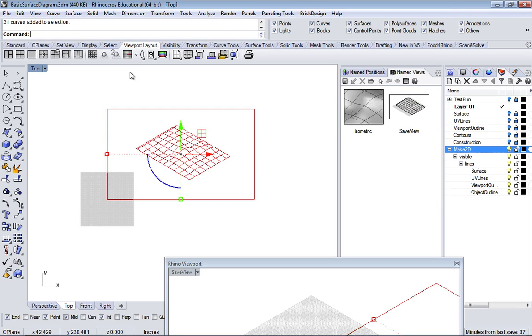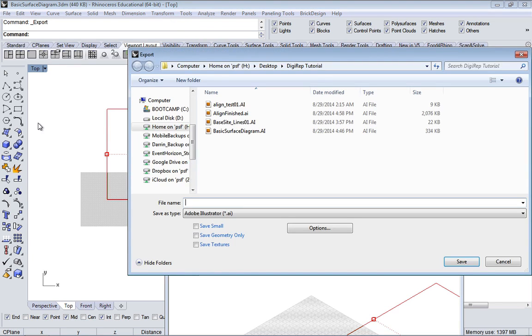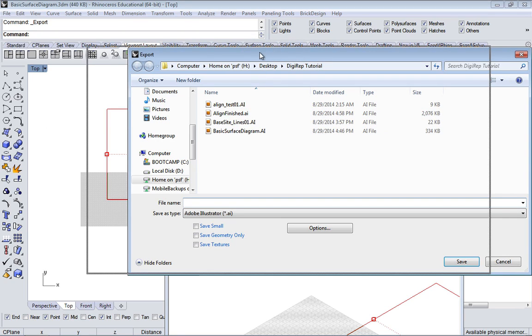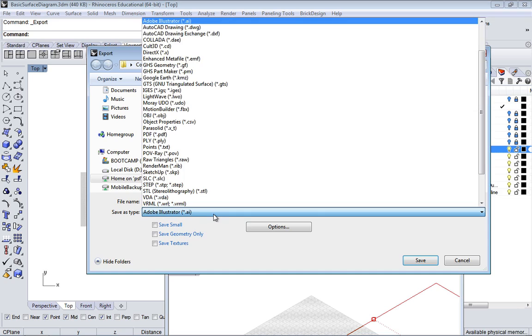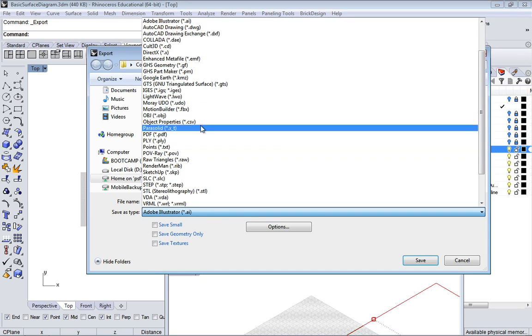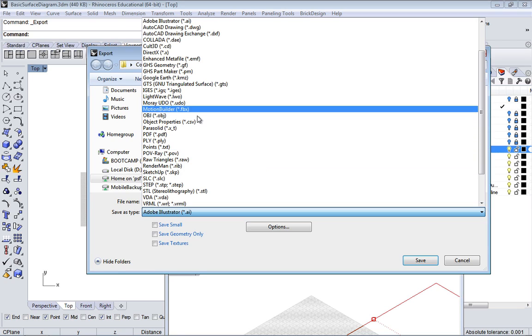So the next thing we do is go over to File, and okay, that brings up an export. Find a place that you want. You might have to create a folder or put them on your desktop, someplace that's easy to find. I created a folder on my desktop, and here it's probably going to default to Rhino 3D object, but what we want to select is a